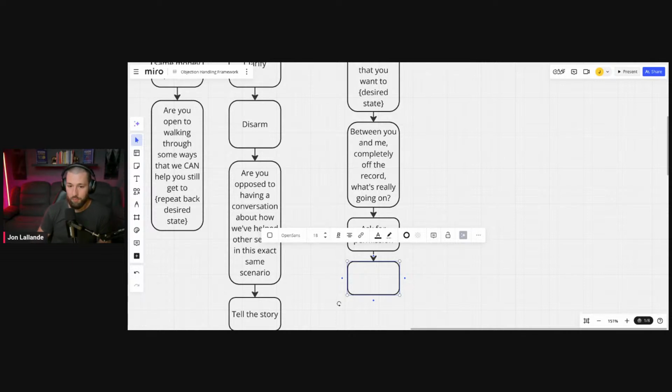So what we did with her was we did a worst case and best case scenario, right? So what is the worst case of you actually staying in this house right now? The one that you're in, away from your family, right? Well, the worst case is I lose my relationship with my kids. Okay, so that's the worst case. Are you sure there's nothing worse than that? No, that would be the worst thing that happens. Okay, what's the best case scenario? Well, the best case scenario is I actually really enjoy moving next to them. I get to build that relationship and I get to see them every day, right?